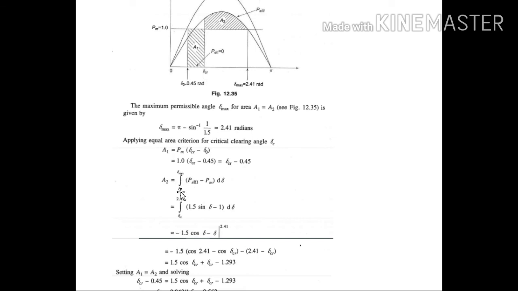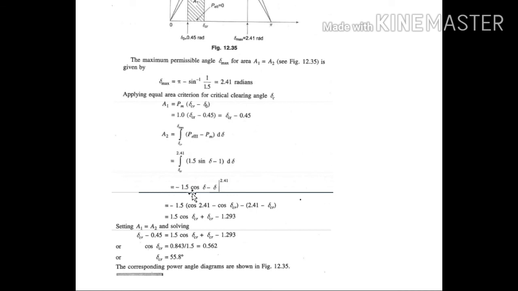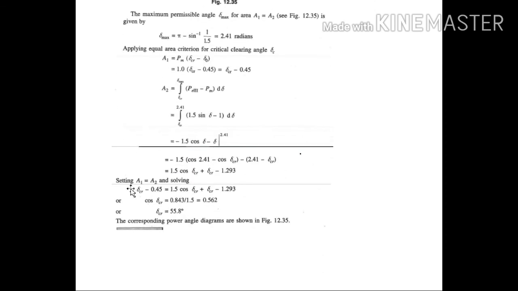So put the limits of integration, and here the integrand will be Pe3 minus Pm d del. Putting in the values, we got the expression for A2 by substituting all the values here. Putting the limits of integration, we got the expression as 1.5 cos del Cr plus del Cr minus 1.293 after solving this. Now setting according to the equal area criteria, it is